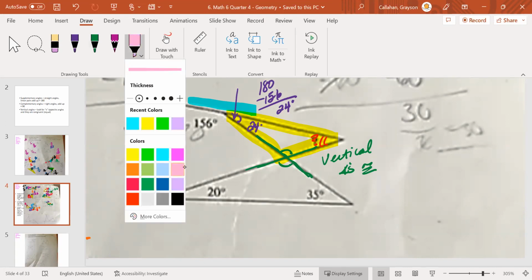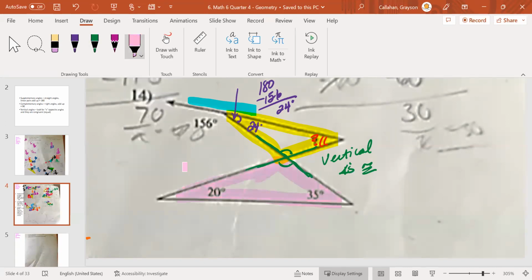Well, let's take a look over here. Do you see this pink triangle right here? Okay, with this pink triangle, do I have at least two angles? I do. So in order for me to find this green angle, I take 180. What are the two angles I subtract in this pink triangle? What are the two angles in the pink triangle? 20 and 35. Okay, so when I subtract that,